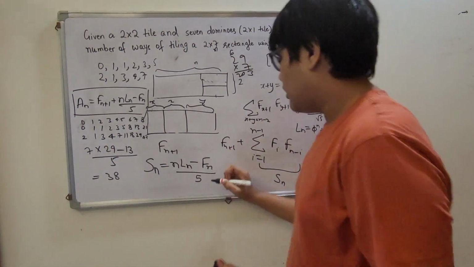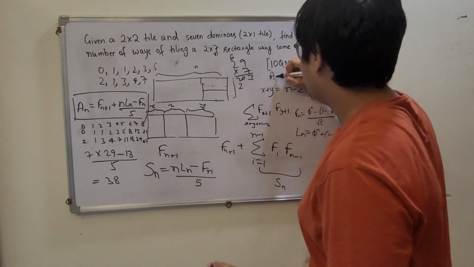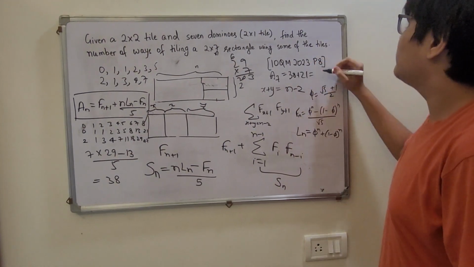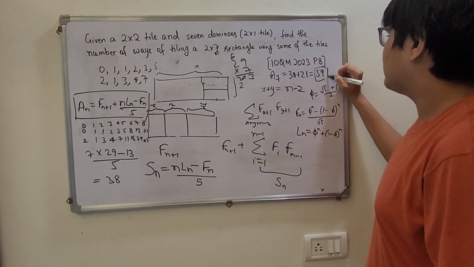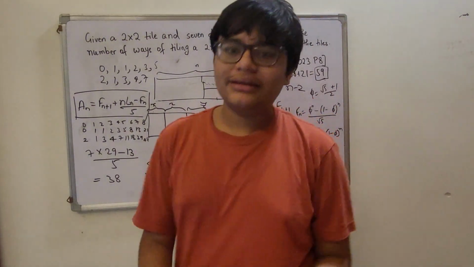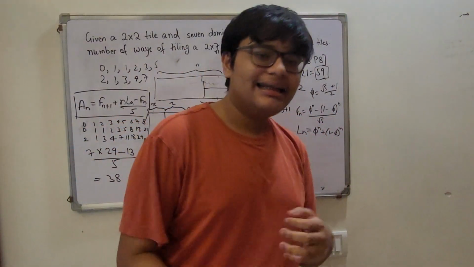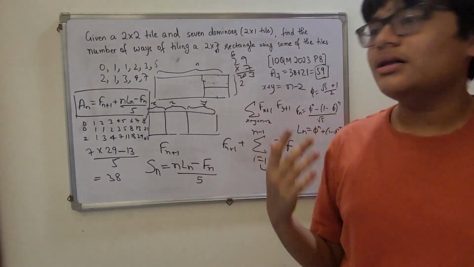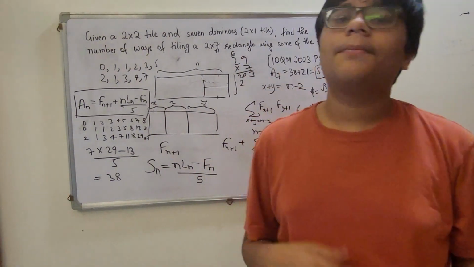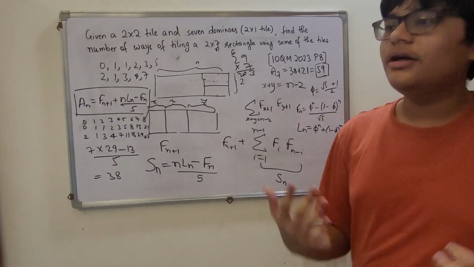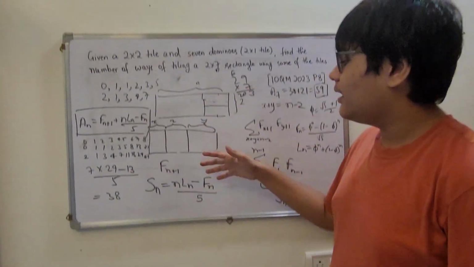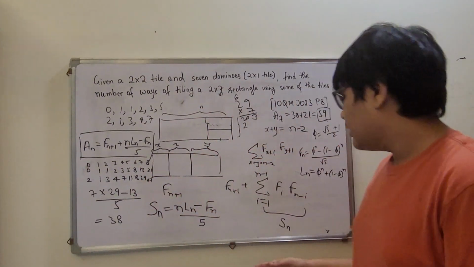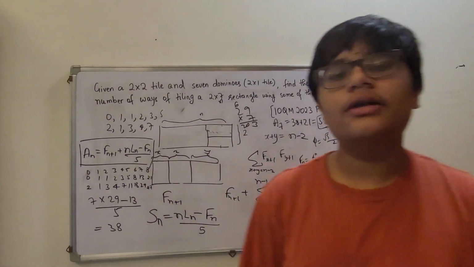So I hope you understood. Let me just write it here. So A7 equals 38 plus 21, which equals 59, which is the correct answer. The thing is that this question can be solved using other techniques, in which you list down all the solutions and use a simpler combinatorics approach. But I found this to be more intuitive, and when you know the Fibonacci part, it becomes so much easier to visualize and solve. And it's also a very beautiful pattern which we get here of the self-convoluted Fibonacci series.